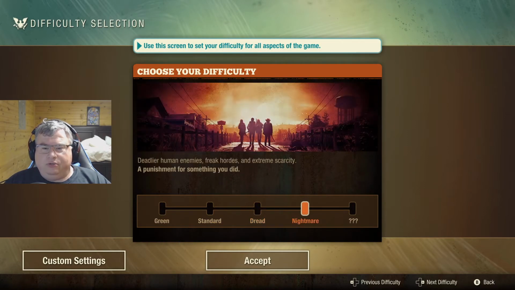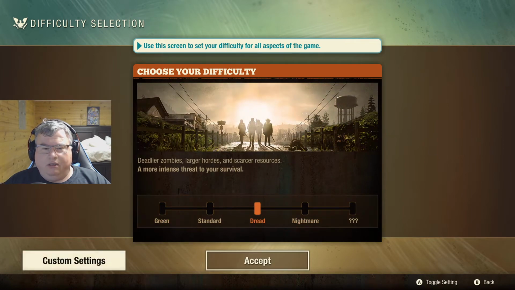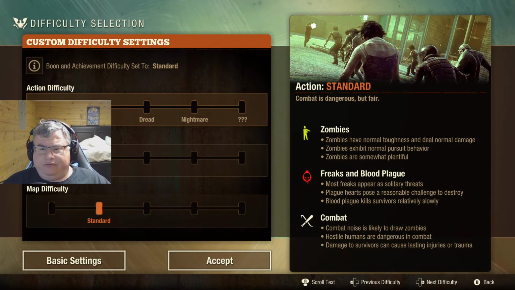So you can just do like the straight up Nightmare, Dread, Standard, Green, all of that. But you can go into custom settings, and it breaks it down for you to show you exactly what you're setting up for and what you want to do. So in Green Zone, everything is very easy. It's just an easier experience, really. On action, it's how tough the zombies are,